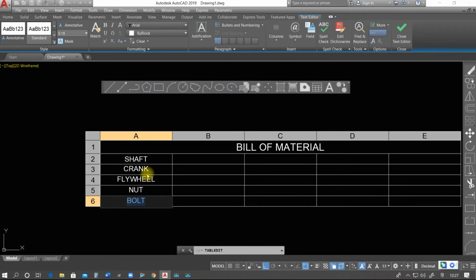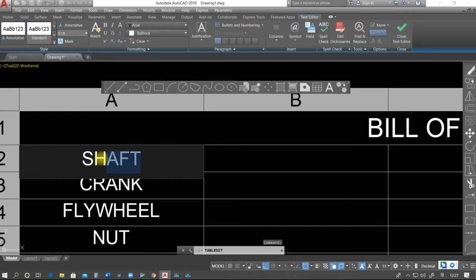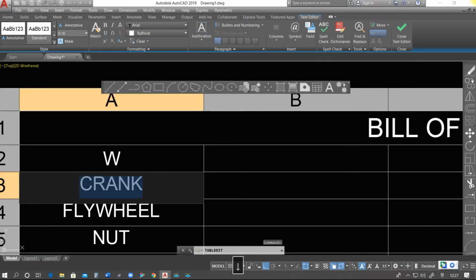Civil engineers, what will they do? Suppose they have a plan. On that plan they have to show the size of window, size of door, size of ventilation. In that case we can use that one. How to use? Suppose I want to use, double click. Okay, suppose here should be window 1, so generally we use W1. Okay, first one is W, second one should be W1.